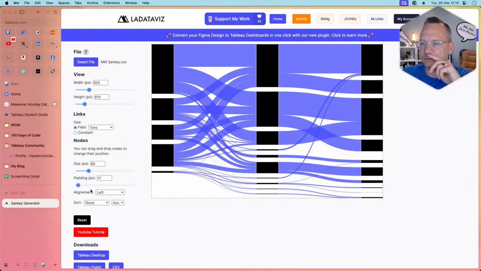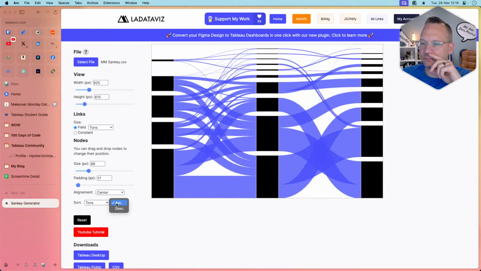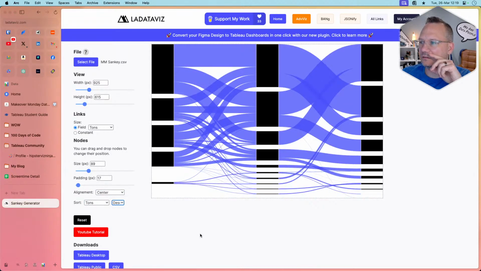Do it like that. Alignment. What does that do? Doesn't look like it does anything. Sort. Descending by tons. That looks pretty good. And then what I'm thinking is,